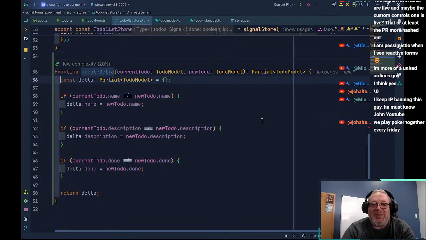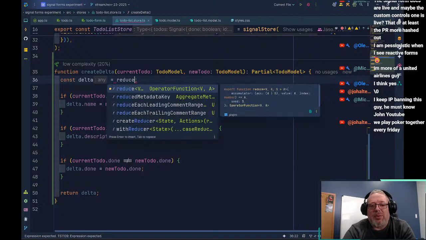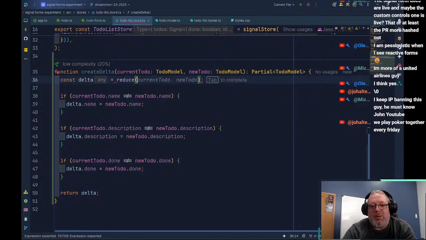And we can do this a couple of different ways. I think probably the best way to do it is to use a reducer. So what we can say is we can say reducer or reduce, and boom.